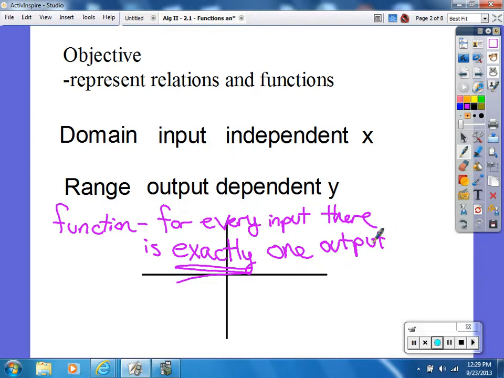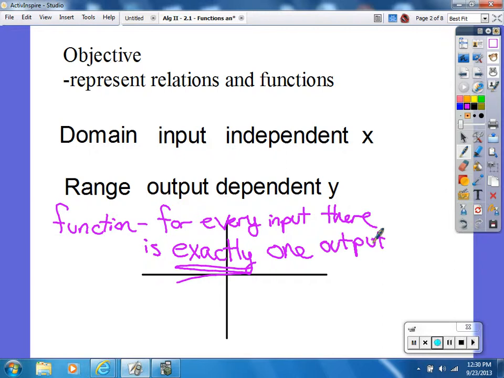You've heard that before? Now, you know I will not make you memorize things that I don't feel are necessary, right? I'm going to tell you this. The definition you need to memorize. Mainly because when you take Algebra 3, and if Mr. Williams is still teaching it, he's going to say, we're going to talk about functions. You can recite the definition for it. When you take calculus, you can recite the definition. When you take trig, you can recite the definition. And when you finally go to college and take your college math class, you can recite the definition. Key definition, right? Okay. So for every input, there's exactly